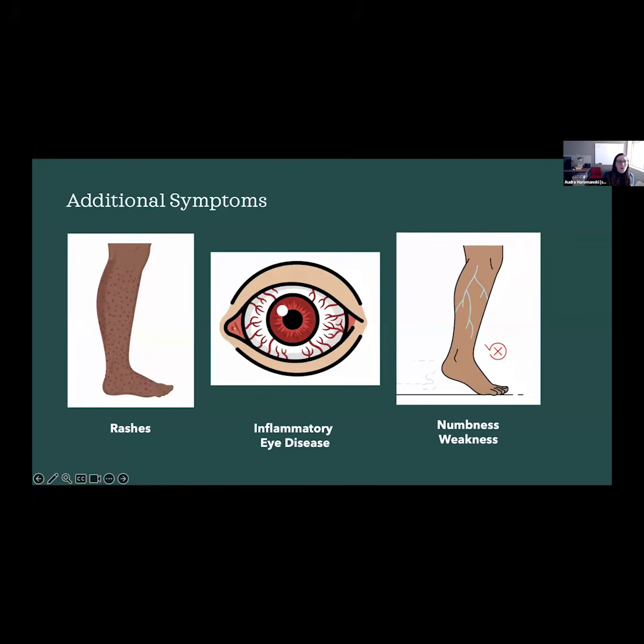Some patients with GPA will also get those granulomas that form mass-like lesions around the eye, and that can then push on the different structures of the eye, for example, the optic nerve, which is the main nerve that allows us to see, and that can limit vision or cause vision loss or cause pain within the eye itself.